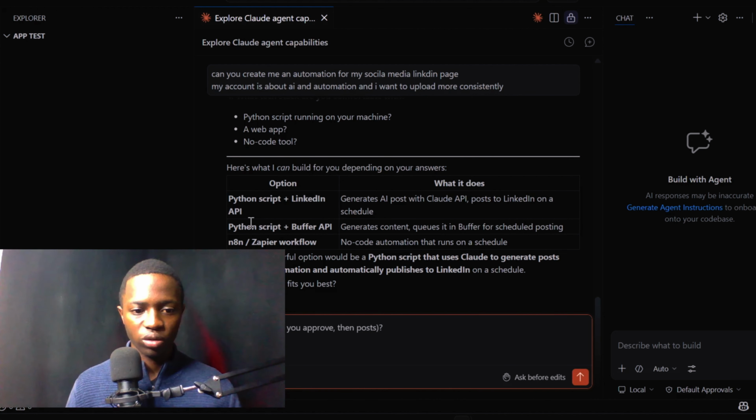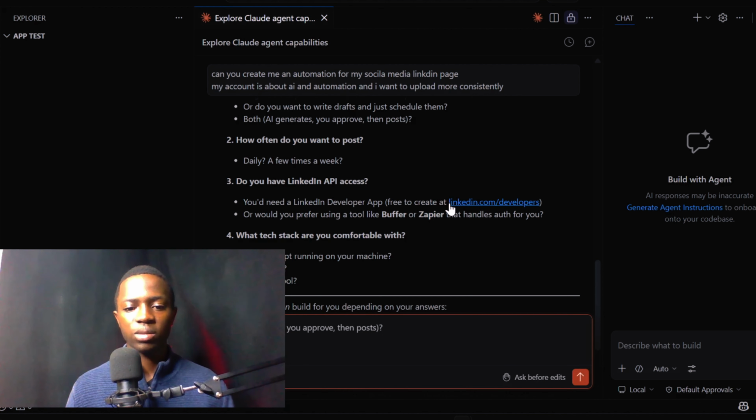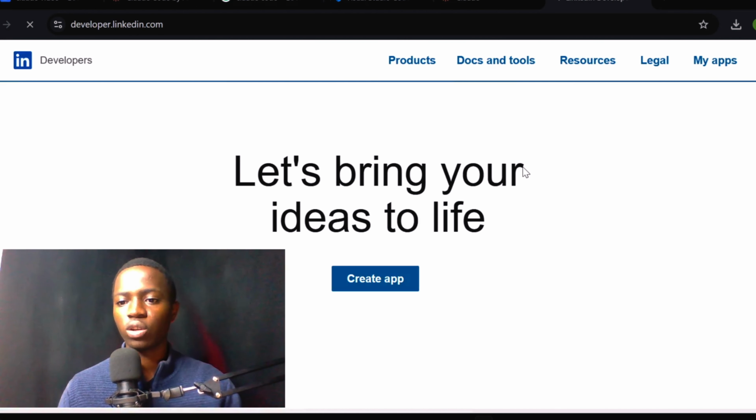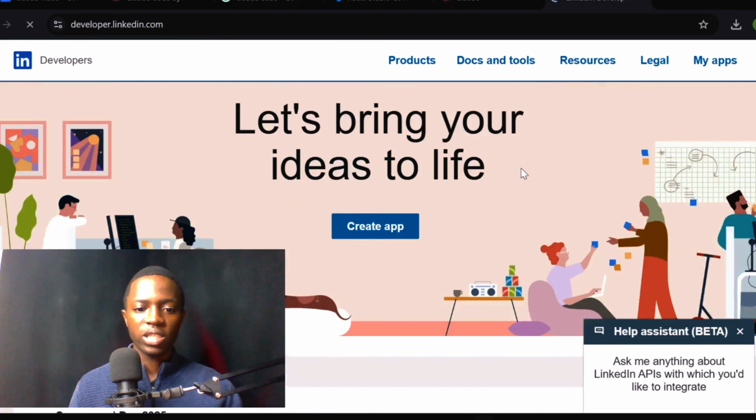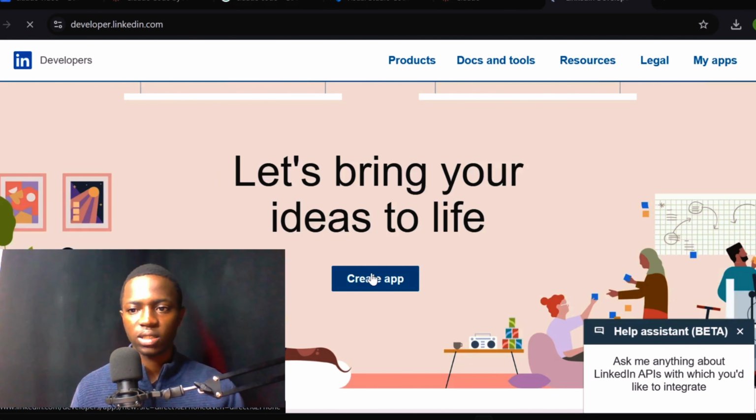Option: LinkedIn Python script API. Basically, it's just asking me if I can create an account and then get the APIs for my LinkedIn. So I'm trying to do that because I'm trying to not do Zapier, because that's also going to be another cost thing. So that means you'll be paying for multiple tools. And then if we want to avoid that, we basically just have to get this automation,